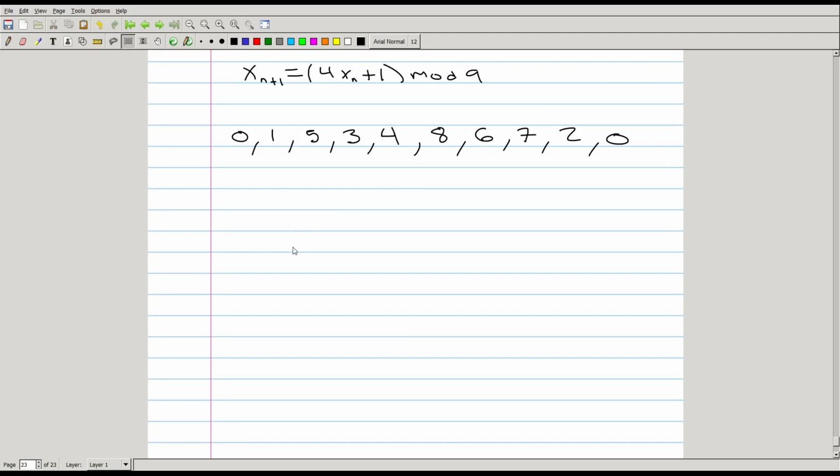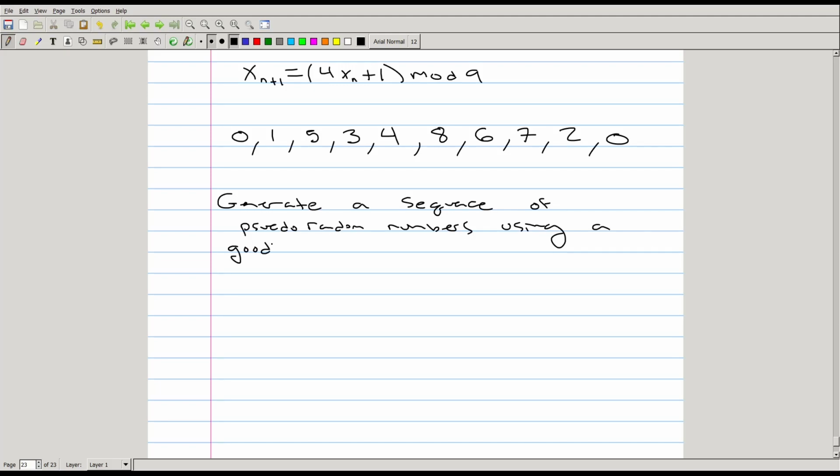So what we'll do here is we'll generate a sequence of pseudo-random numbers using a good algorithm, specifically this is the random number generator in Python, because the code that I'm going to use and that I wrote is in Python, and specifically I'll use the package NumPy in which the random number generator routine produces